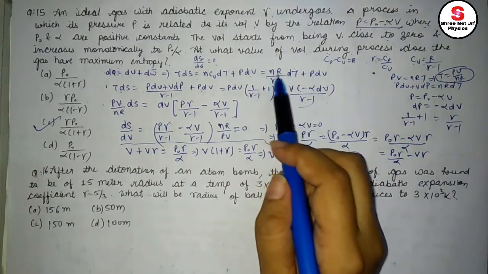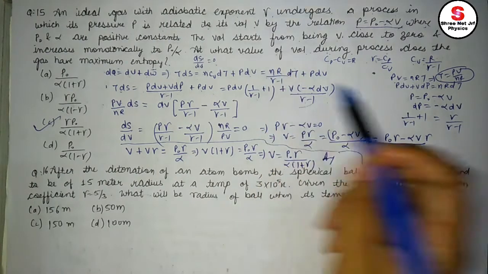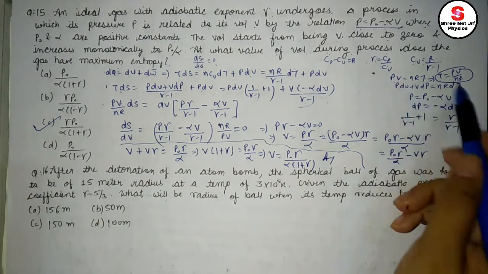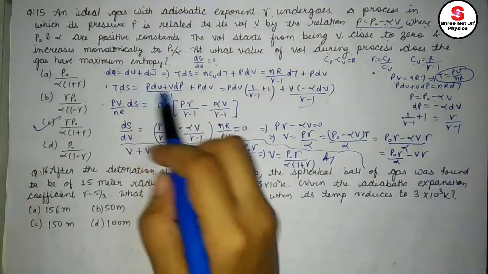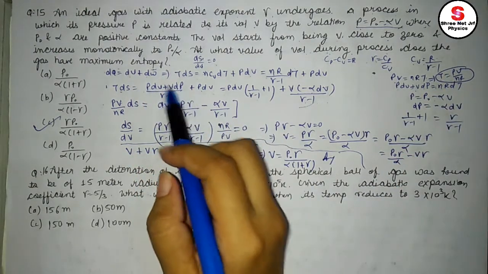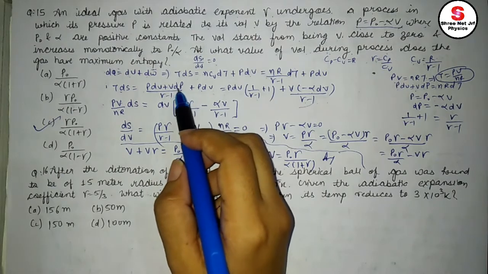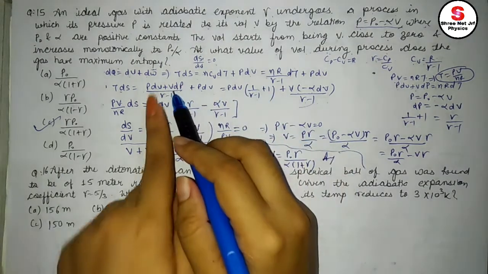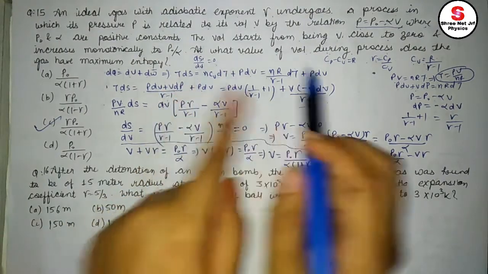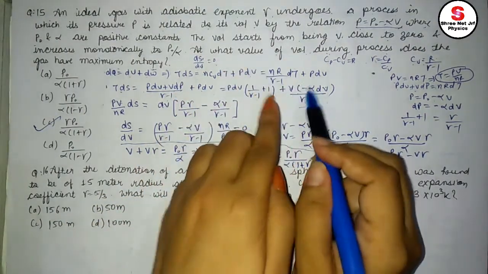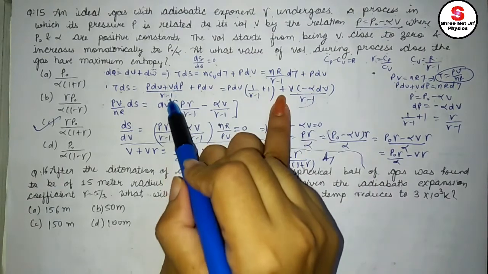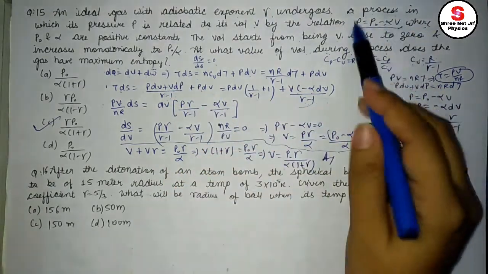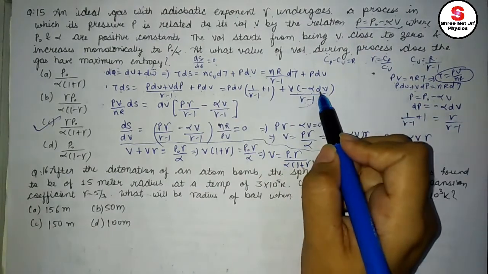Just substitute it. Then we can write nR dT, as PV equals nRT, so PdV plus VdP equals nR dT, just differentiating it. Use this relation here, then take PdV common and we get this relation. VdP divided by gamma minus 1 is substituted separately, then it is V divided by gamma minus 1. dP can be calculated using this relation, it is minus alpha dV.